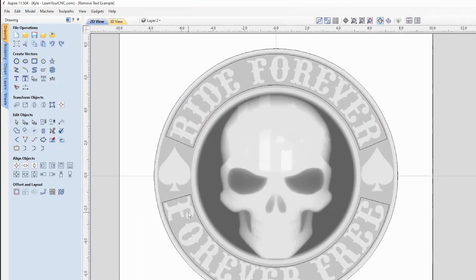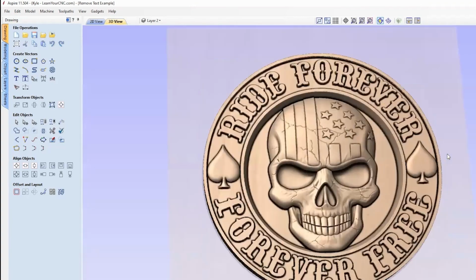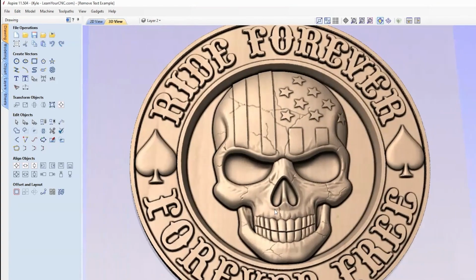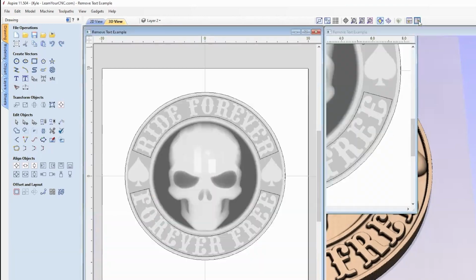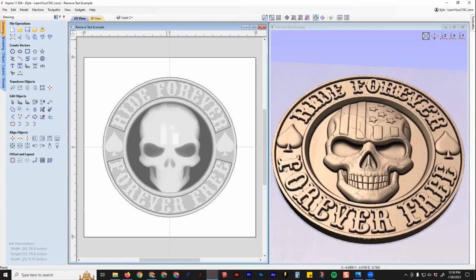And now we have to remove the text, and then we have to fill back in what we removed. The reason for those steps is why it's easier to do this in a flat shape. So if you go to the 2D view, you'll see this is what we have now. This is what we imported. So if we split our view so we can see both at the same time, there's a couple ways you can remove the text, but the easiest way is by selecting these 2 shapes